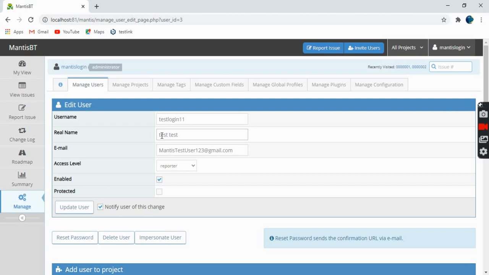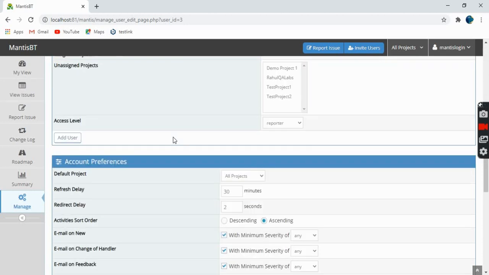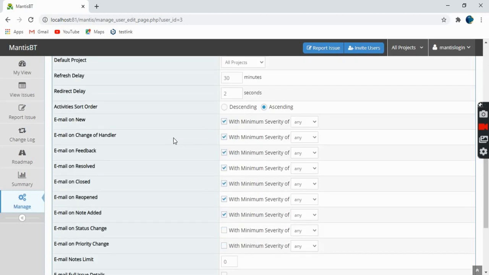Another important point is you can enable or disable the user accounts as well. Some points related to enable and disable: all the currently active sessions. As soon as you disable the particular user, all the currently active sessions for the account will be logged out, and then the account will be disabled. Normally it happens when the person leaves the team. So whenever a person is leaving the team, you want to disable the account. You are not deleting the account, but you are just disabling the account.